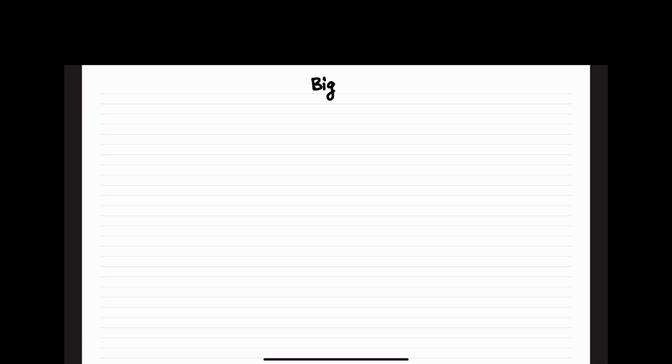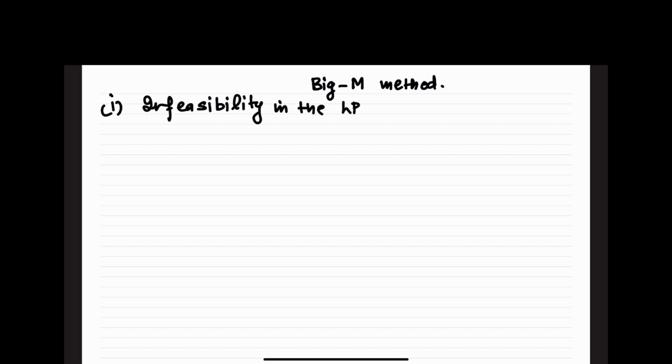So we take up examples on the big M method. This is an exceptional case of infeasibility. Infeasibility in the LPP. How does the big M method infer that the problem is infeasible? So let's say the question is